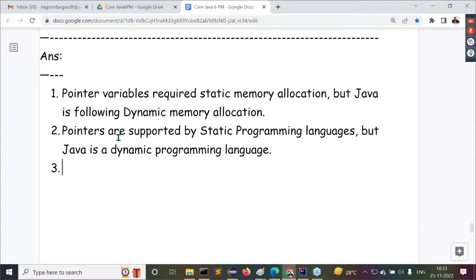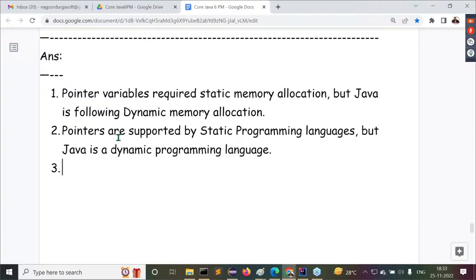The differences between Java and others, that is more important for us. I'm telling you a simple example, try to understand it. If you put concentration, then only you can understand this point. Otherwise, it is not possible to understand. Clean observation is required. Step by step, I'm asking questions to you, so try to answer my questions. Very simple now.